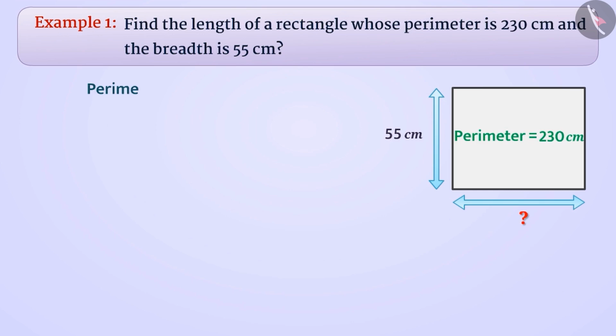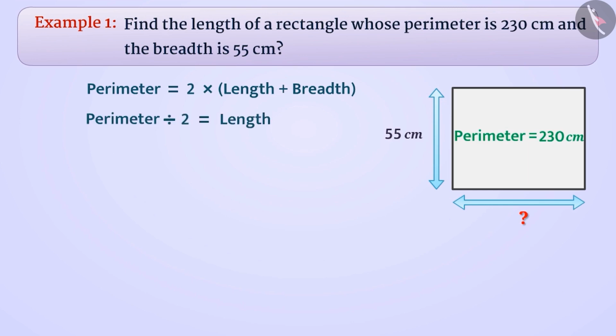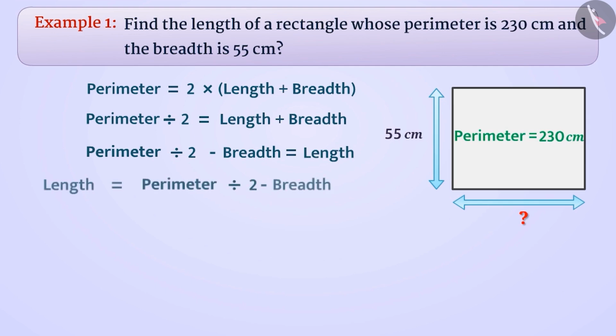We know that the perimeter of a rectangle is equal to 2 into (length plus breadth). In this way, the perimeter of the rectangle divided by 2 is equal to length plus breadth. Since we have to find the length, we write it as perimeter of the rectangle divided by 2 minus breadth is equal to the length, or we can write it as length is equal to